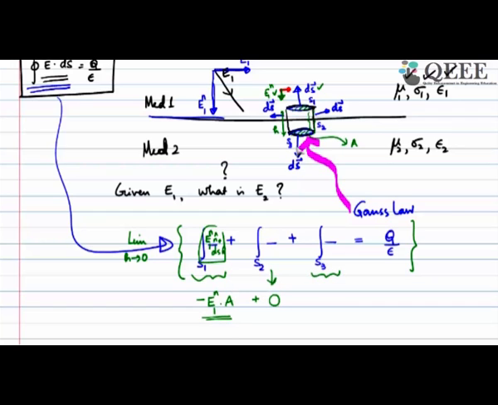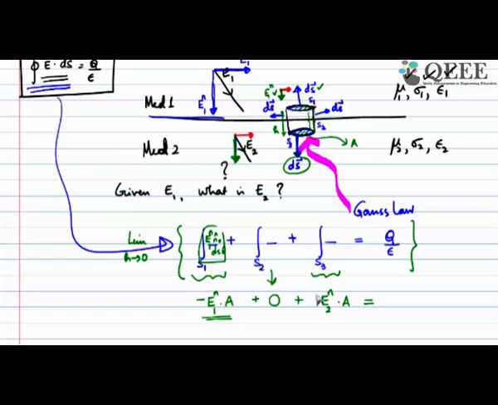Now the third integral is the bottom surface. In the bottom surface, I do not know what is the electric field. Let me call that electric field E2. But I know very well that E2 can also be resolved into its normal component and its tangential component. And since the surface ds is in the downward direction, this red, which is the orthogonal component, the tangential component, has no role to play. It is only this normal component of E2, which is E2n. Again I take this integral. Now you see E2 as well as ds are in the same direction in the bottom surface. So this is E2n times A is equal to